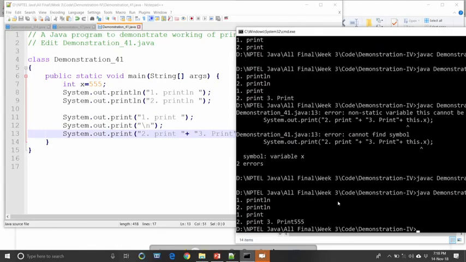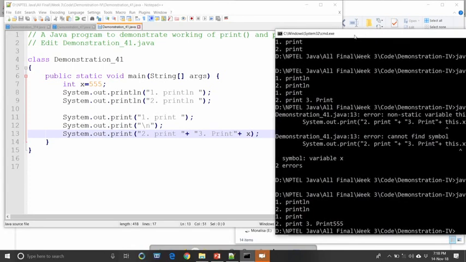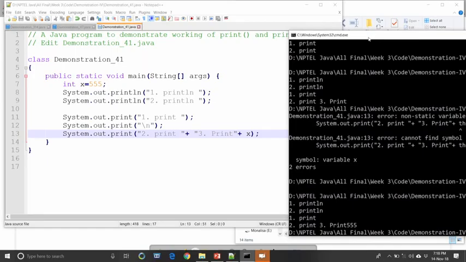Now, in this case this is not resolved because here there is no resolution or collision, that is why this is not acceptable. So, we can just simply refer, and here also we do not have to create any object because the main method here is static. For any static method we can access any value without creating an object. So, the x value is accessed here in the main method without creating any object. So, no this dot x is required in this case.